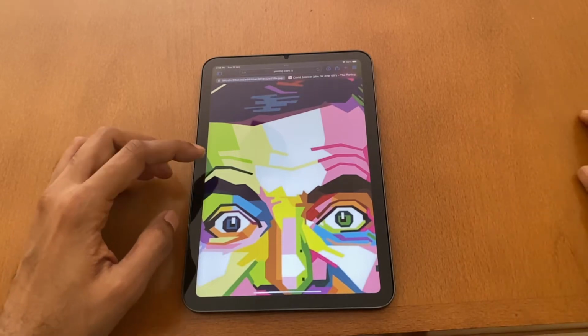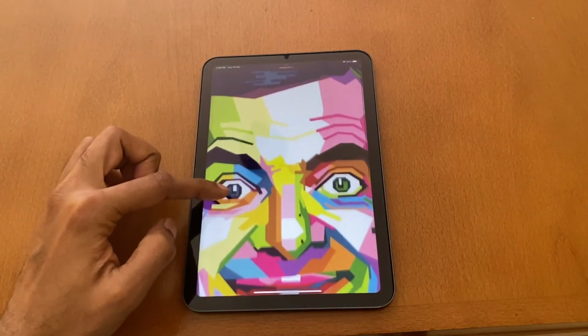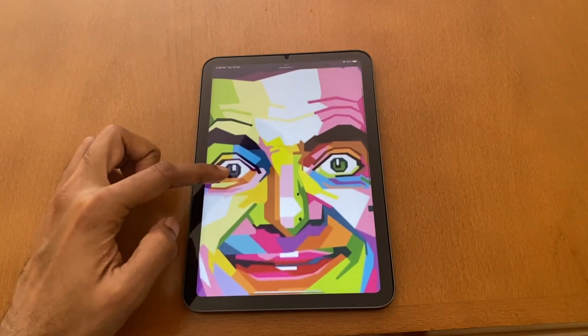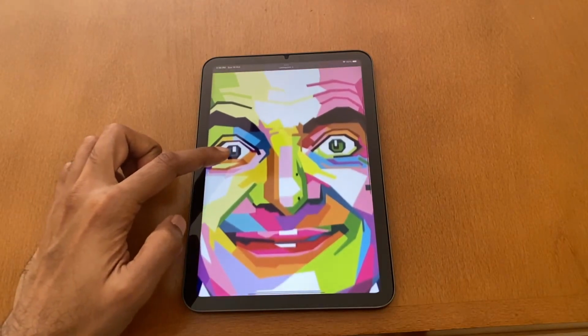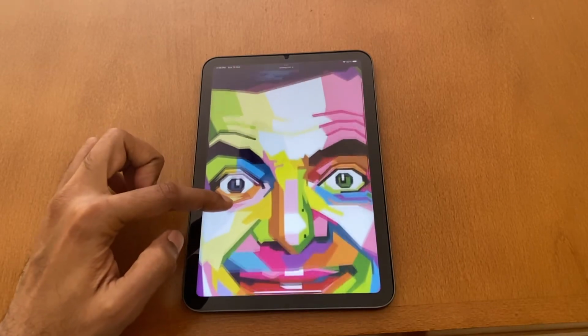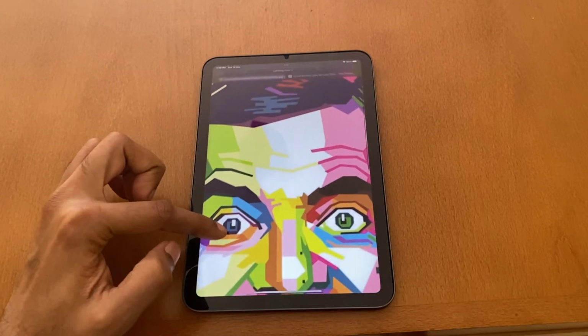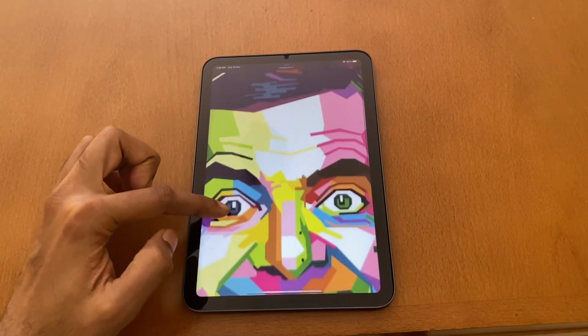Okay, so let's begin by slowing the footage down and scrolling up and down this image. As you can see, the left side is moving faster than the right side, and we see this weird jello kind of effect, which is quite noticeable. But do keep in mind, we have slowed the footage down considerably.